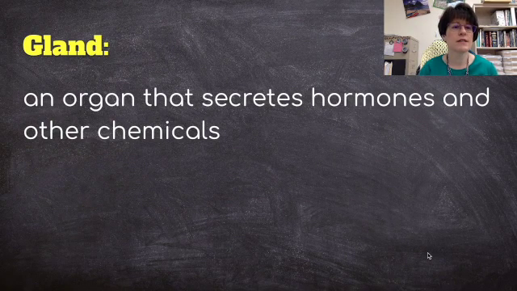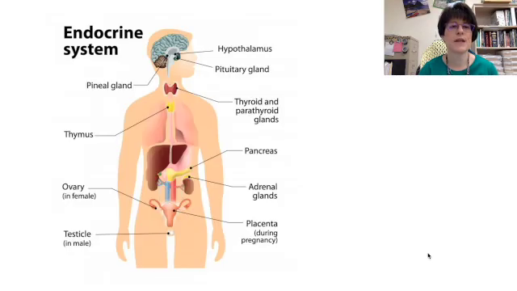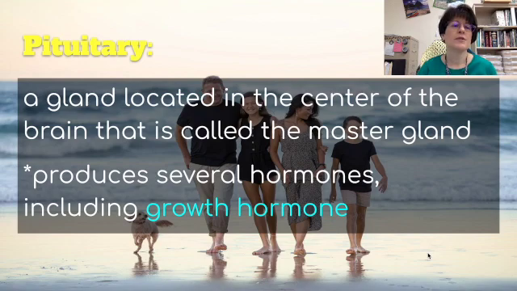In your endocrine system, there are glands. This is an organ that secretes hormones and other chemicals. So these are the endocrine glands that we are going to talk about today. The pituitary gland is a gland located in the center of the brain that is called the master gland. It's because it secretes hormones that control a lot of the other glands, and it produces several hormones, including growth